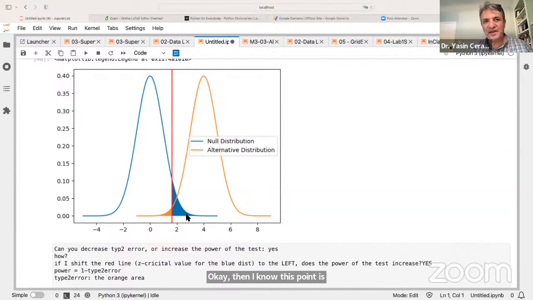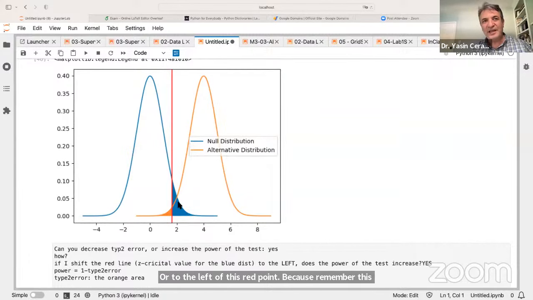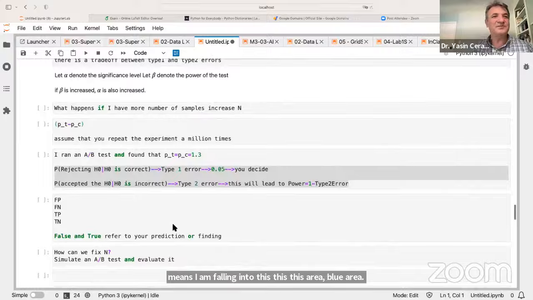I just want to find the area under the curve for this, so that I'm wondering if my test stat is falling to the right or to the left of this red point. Because remember, this red point is alpha over 2. If the area under the curve corresponding to the test stat is less than alpha over 2, that means the area is small and I'm over here, falling into this blue area. That means I'm going to reject my null hypothesis. Right? So let's go